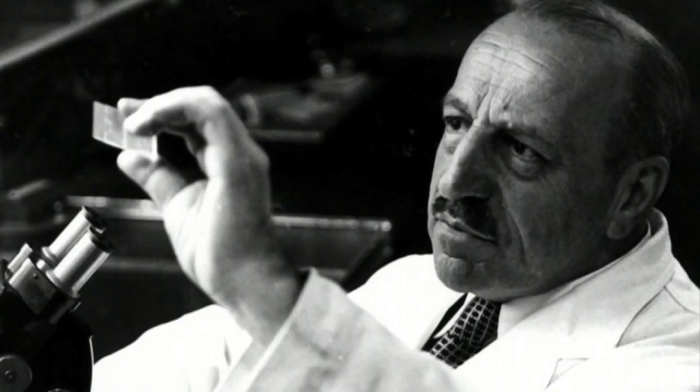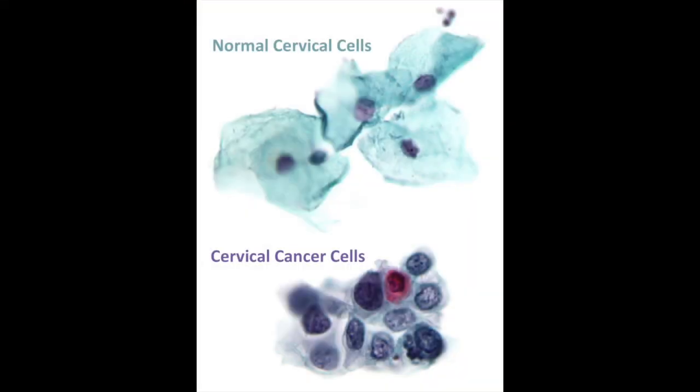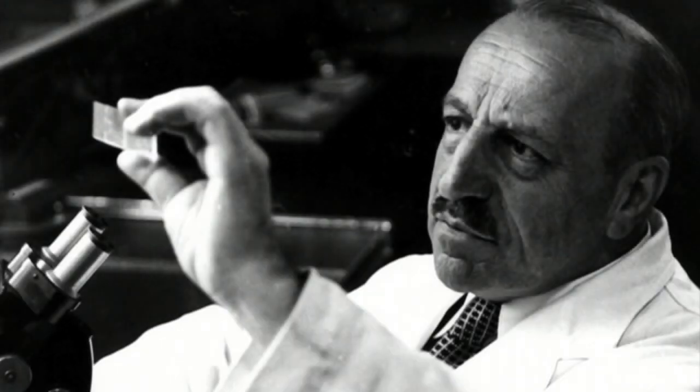George Papanicolaou of Pap smear fame was the second to rediscover the chromosomal basis of cancer. His invention, the cervical Pap smear, is based on the observation that excess chromosomes make the nuclei of cancer cells much larger than the nuclei of normal cells. To his dismay, it took more than a decade for the Pap smear to become generally available. Aside from the Pap smear, few scientists know that Papanicolaou discovered the quantitative chromosomal basis of cancer. This was the third missed opportunity to understand what cancer really is.